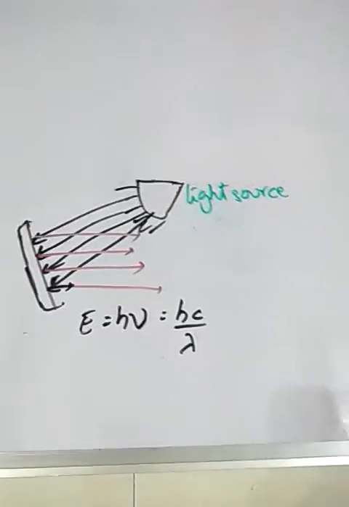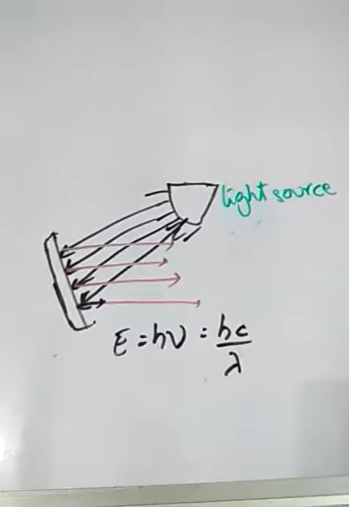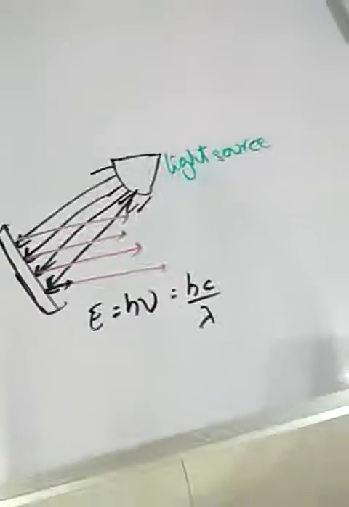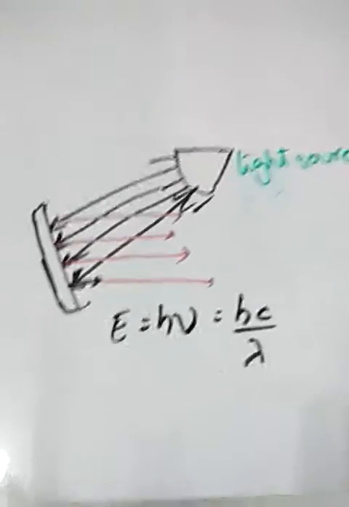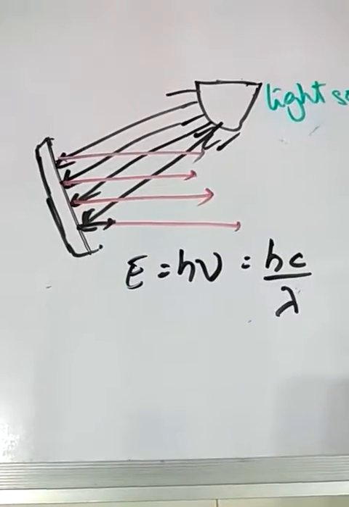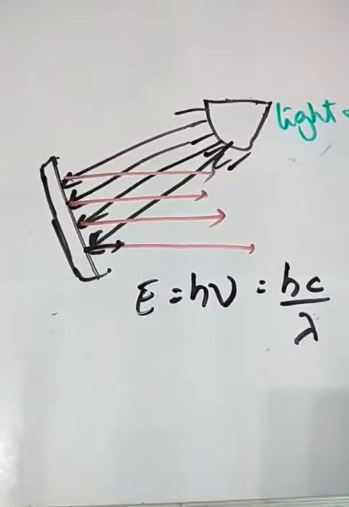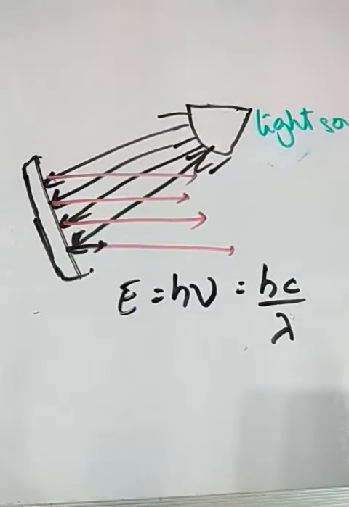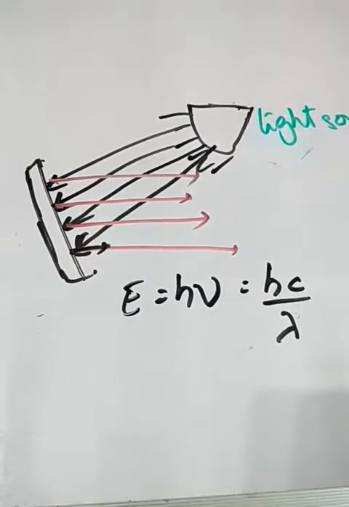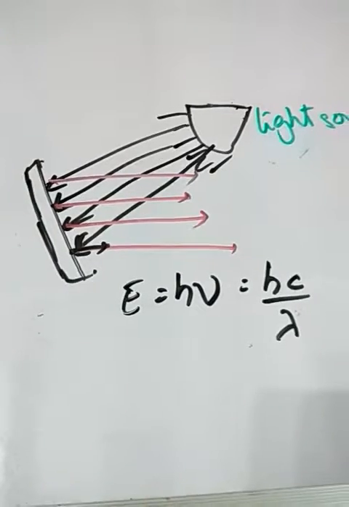In the earlier video we had stopped at this point. Now we will take the story forward. This we see is a metal from which electrons got ejected when a light of a suitably small wavelength was